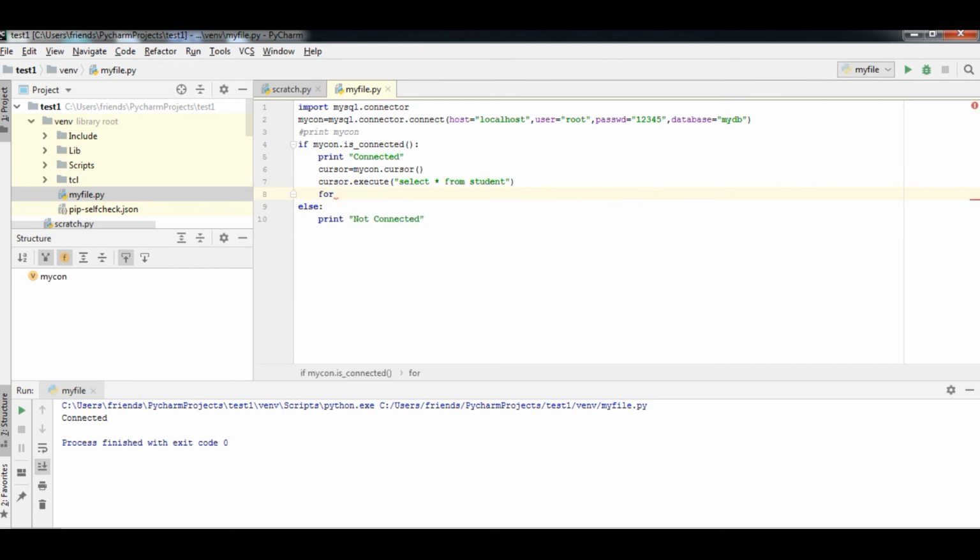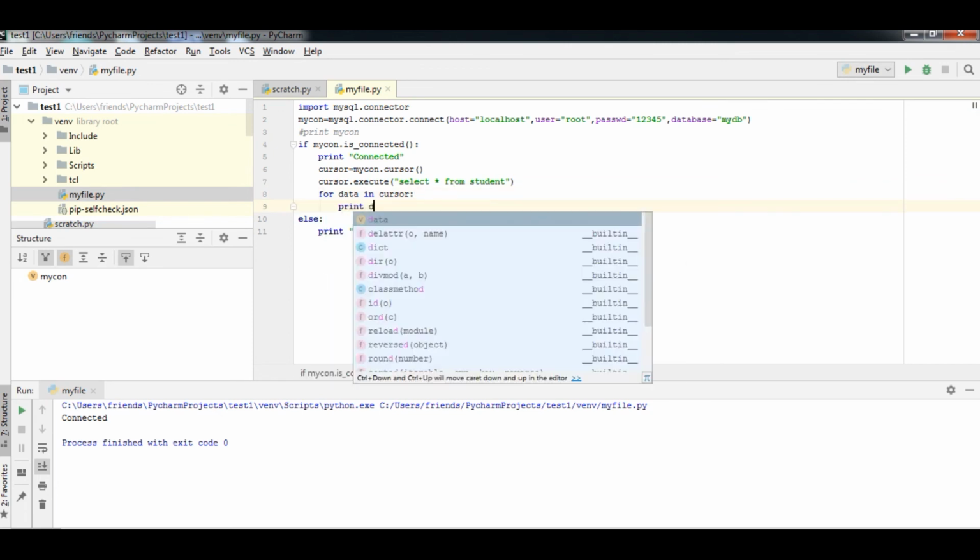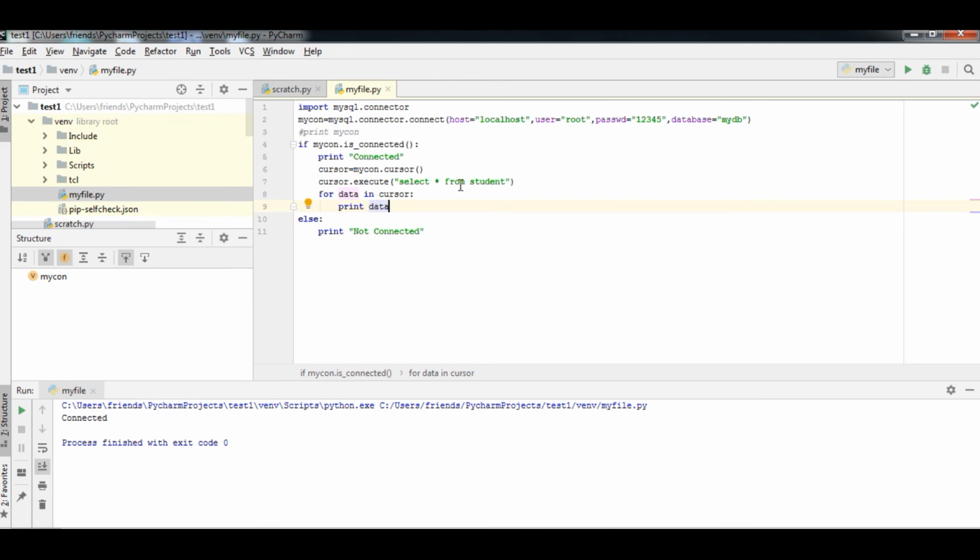The simple answer is, you have to traverse it with a for loop. Here we will type data in cursor, using the membership operator, so whatever the cursor accesses will be stored in the data variable, the loop variable. I am going to print data, and now we run it.